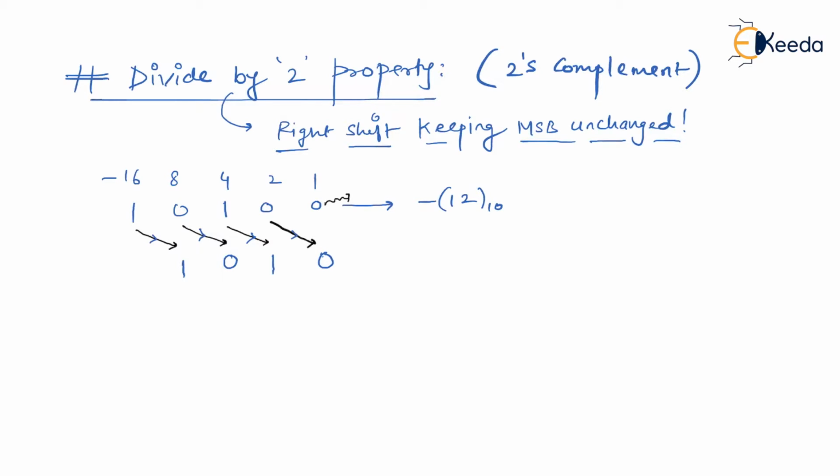But the rule says keeping the MSB unchanged, meaning that whatever MSB we had, the same MSB we have to copy here, so as to keep the MSB the same. I hope you understood this. So let us see what the number is. -16, because we have 1 below -16, then 1 below 8 plus 8, then 1 below 2 plus 2. What is it going to give you? Of course it is -6. So we have the number as -6 to the base 10.